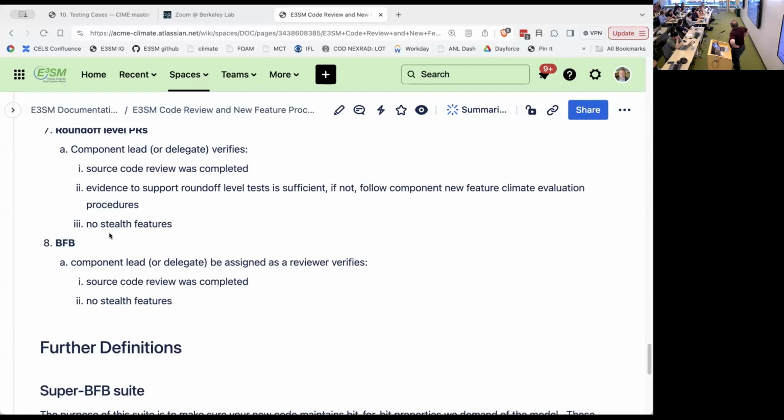Given the breadth of testing, from small scale bit for bit to at least a couple years, a couple simulations, what's the ballpark node hours that testing would require? Yeah, I mean, expensive testing comes when you do the fully coupled simulations, but we're only asking for a decade or so, and that's pretty cheap at our standard 100-kilometer resolution. And we're assuming that if you're developing for E3SM, you may have an account here at NERSC, so you probably got the hours to do it.